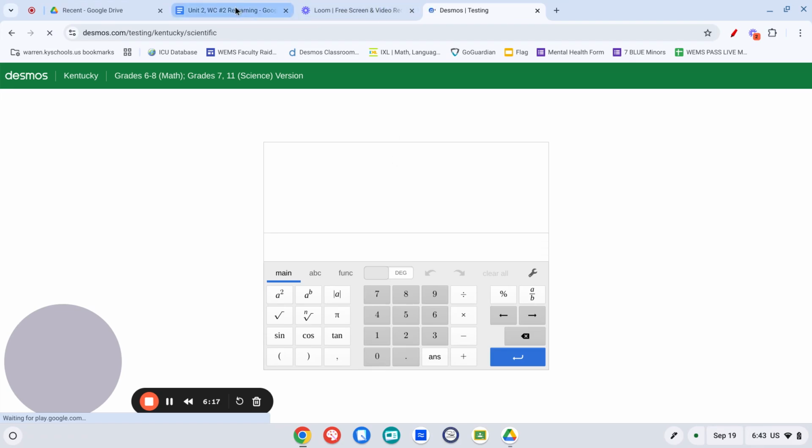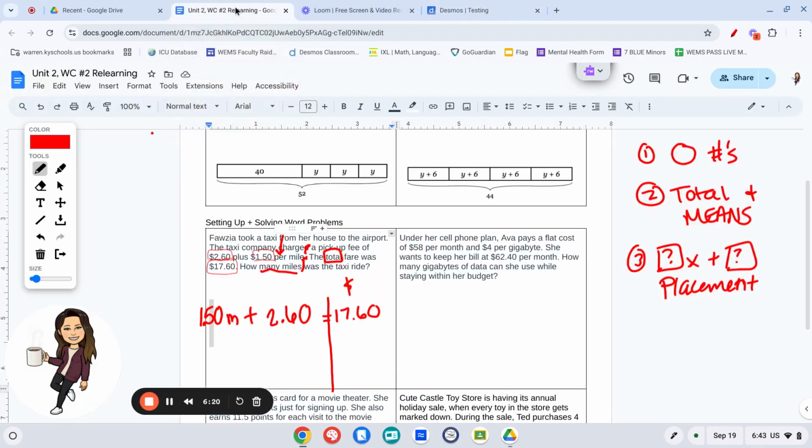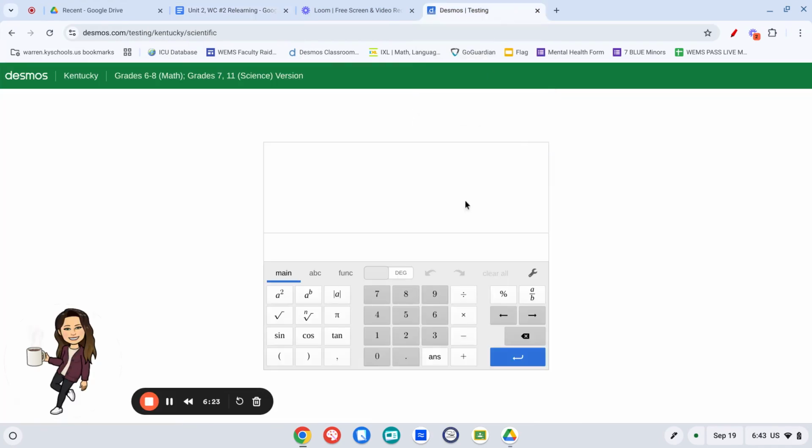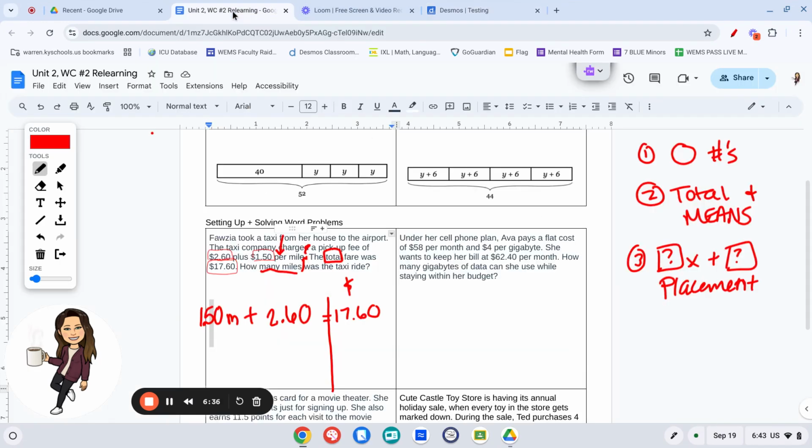All right, so we are going to do 17.60 minus $2.60, and that's going to give us 15. When we take away that 2.60 minus 2.60, the whole point of that is to cancel it out and then bring your 1.50 m down. 15 divided by 1.50, divided by 1.50, and that's going to give you m